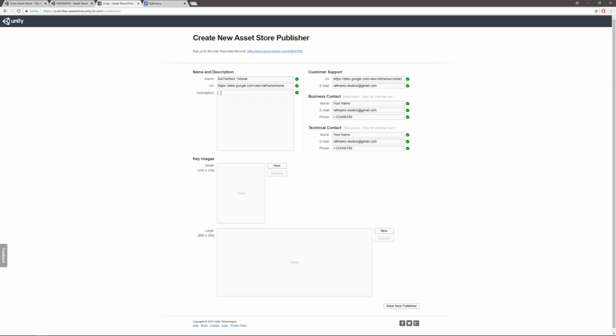Here in the description, you have to write everything as HTML text. You can add a bunch of information for your customers. For the key images, you need to create an image with this size. Let's fill it in.